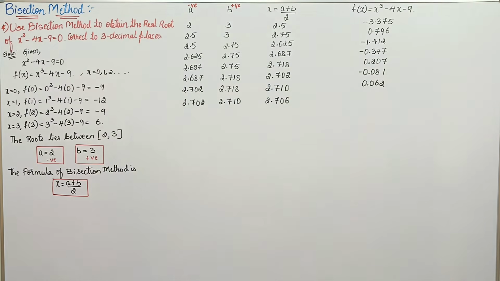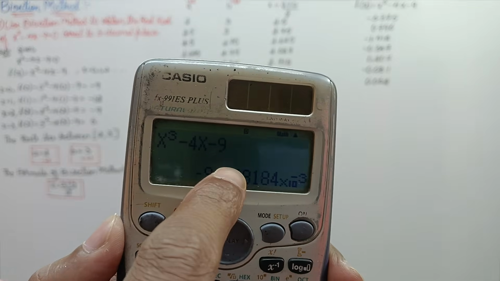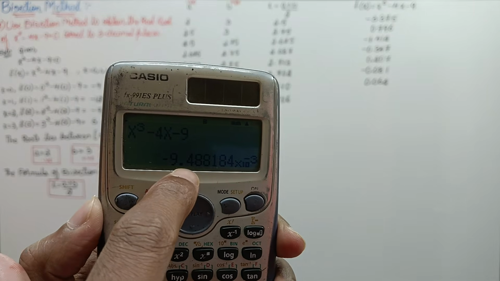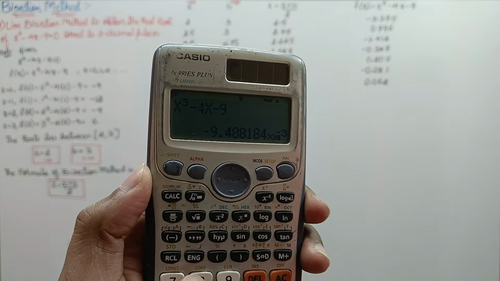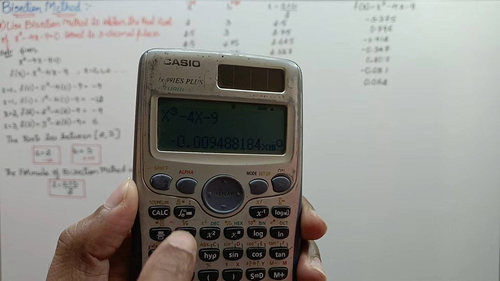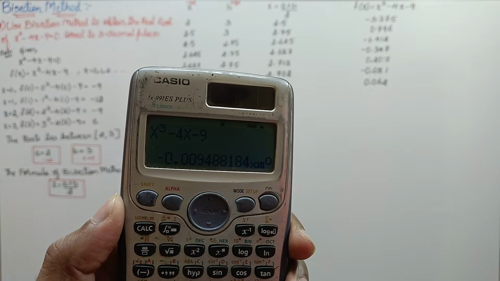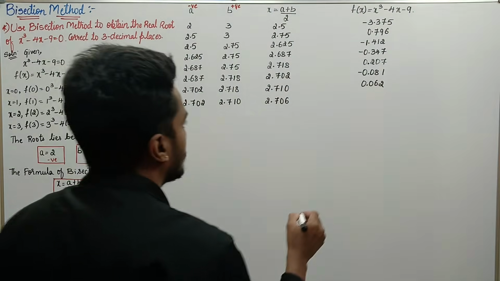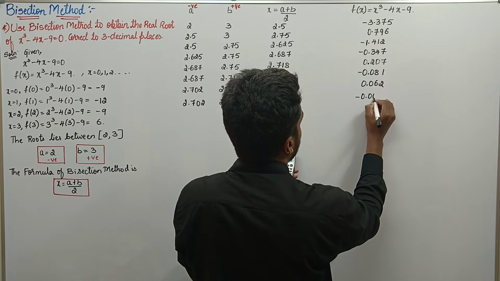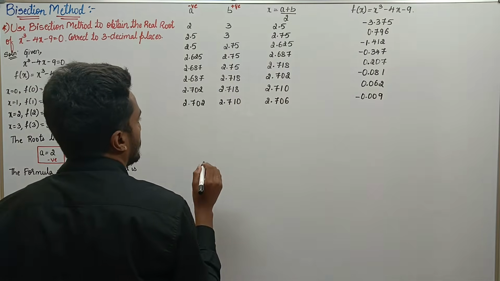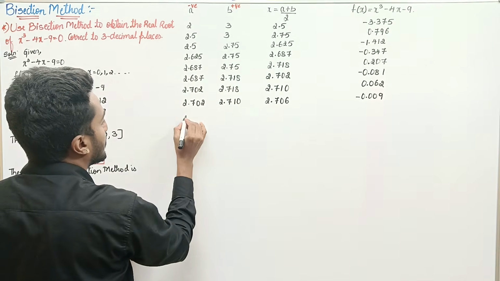Okay, if you are getting this type of condition, minus 9.488, press shift ENG, shift ENG, you get minus 0.0009. You can exclude the power, so that you get minus 0.009. Done. Next, since it is negative, I need to replace in the negative place, that is A,